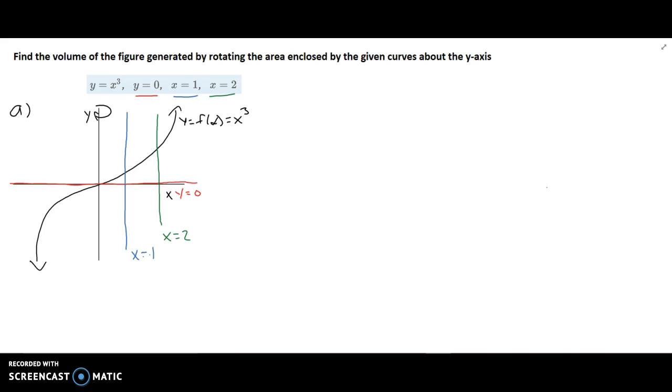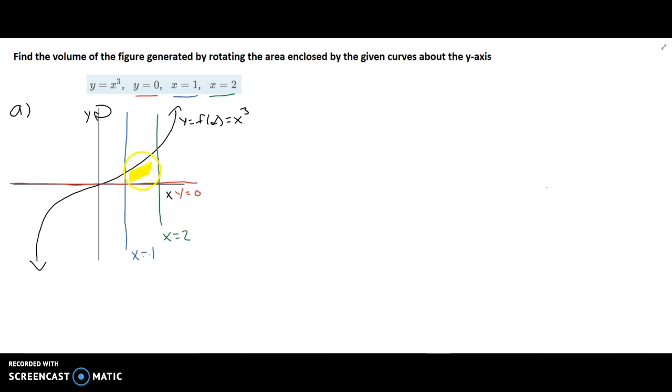So, just like in the last problems, first we want to identify the method of integration that we're going to be using, whether that is disk or washer or shell, which we do with the help of the sketch, right? Getting an idea of the actual figure that we generate, and then along with the help of the sketch, we identify the components of the corresponding formula to the method of integration that we identified. So let's go ahead and